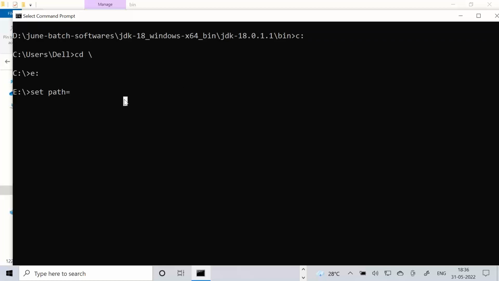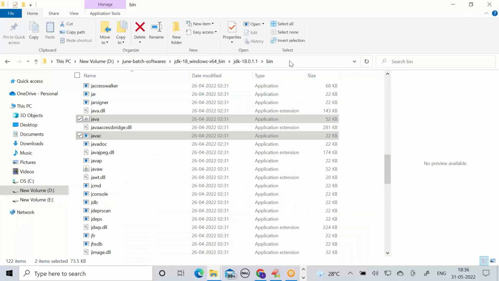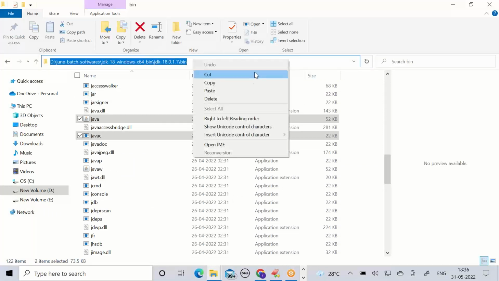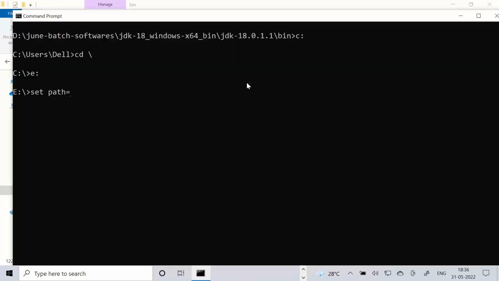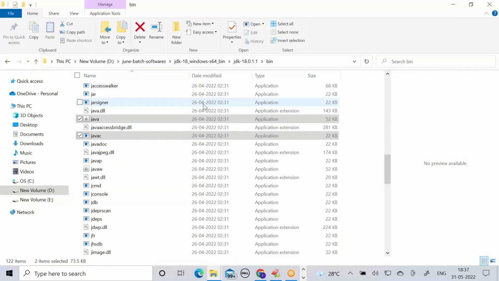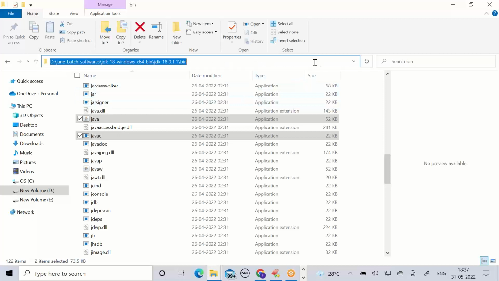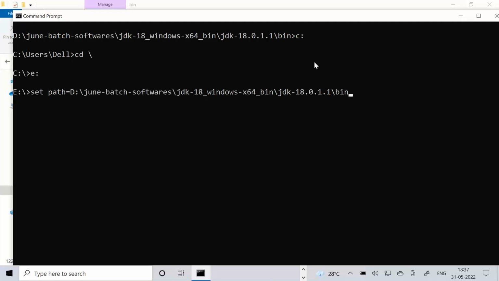Try to paste here, right click. It's not copied in my system.